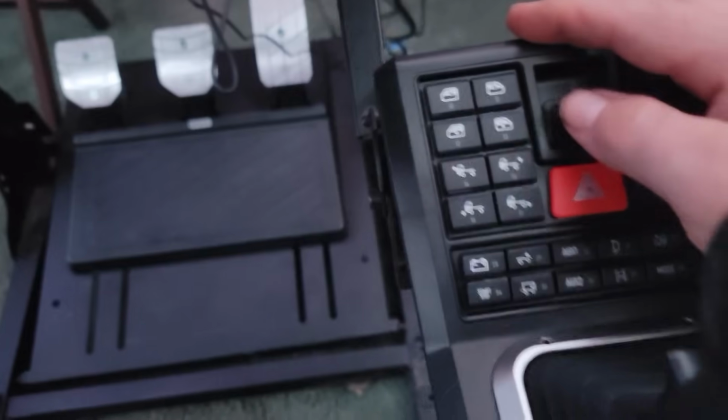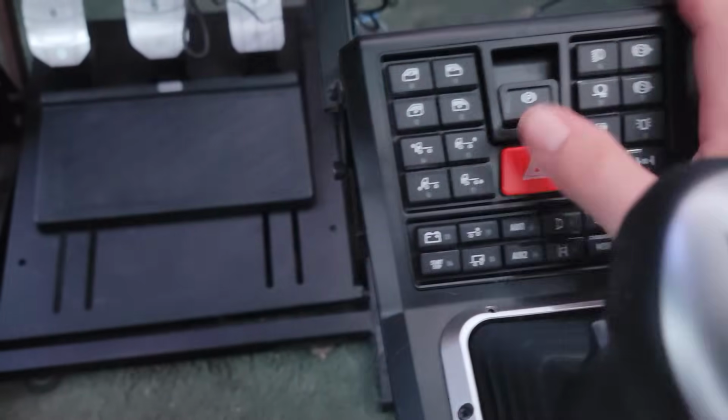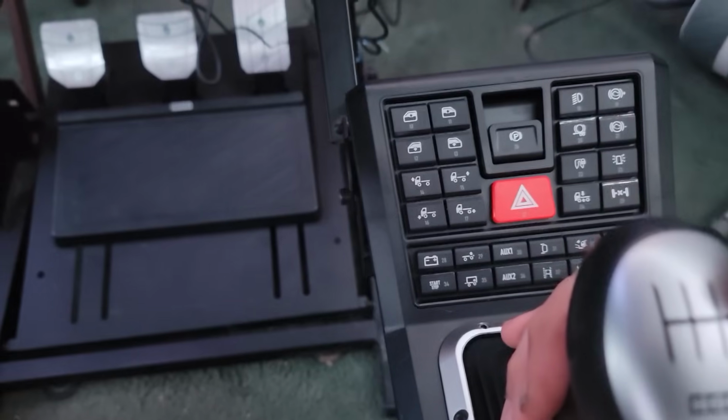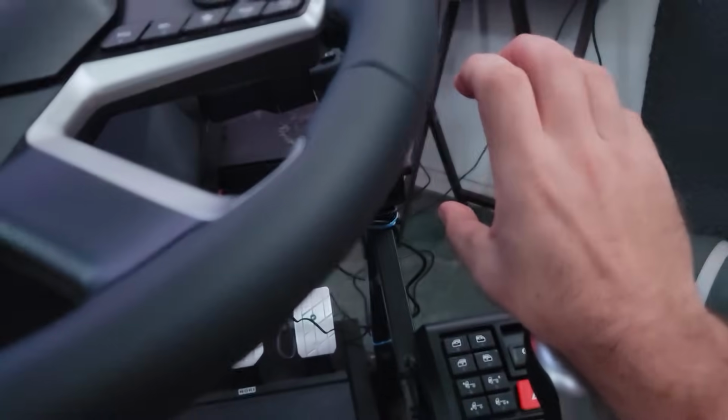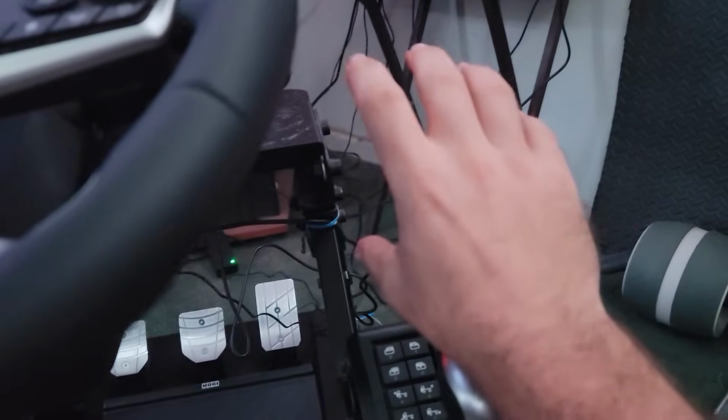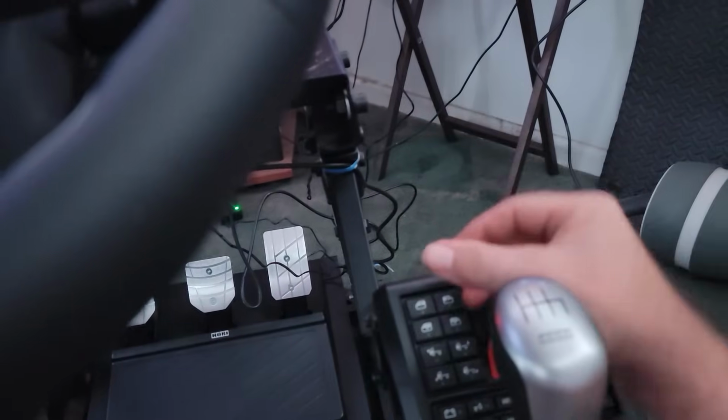But yeah, and also the button box, I think it's in a bad spot because you've got your shifter in the way. Say you put this in neutral and you've got your hand laying on top like this. I'm thinking the button box should be somewhere right around here, so you can press all the switches as you're driving. When you're driving down the road, you don't have time to look at what button's what. So you'd have to either go around the shifter or...